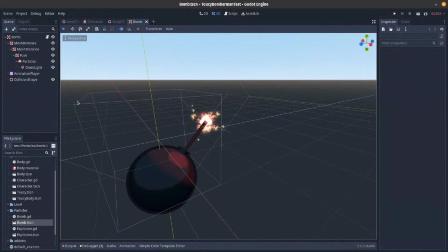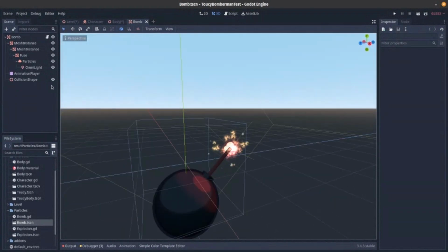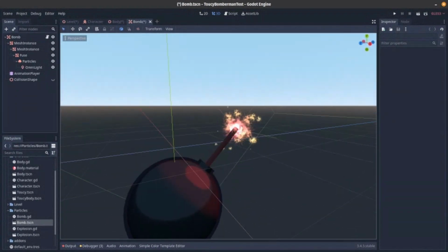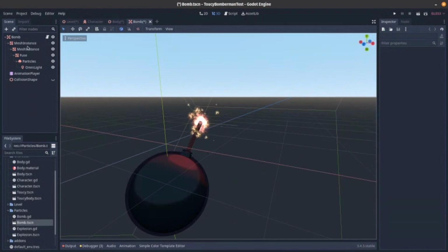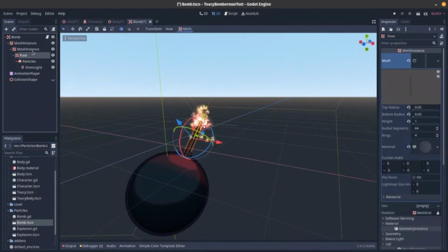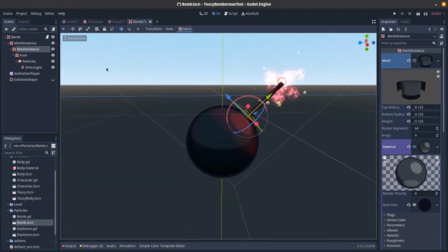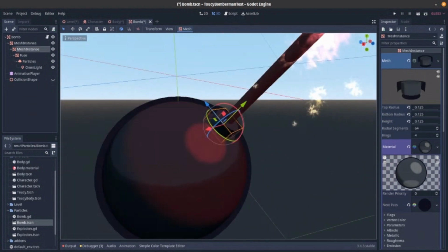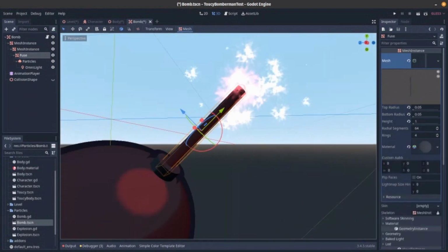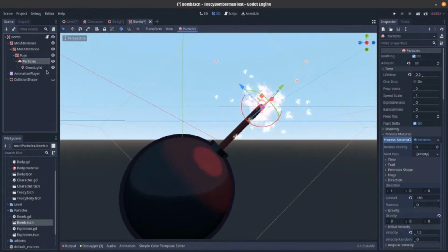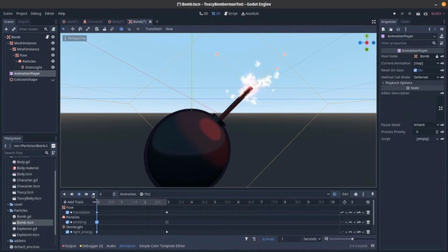Okay, so the collision shape is just a cube because that's all we need. And as you can see, I worked very hard in a modeling program. I didn't work in the modeling program. I made a sphere with a toon shader on it. And I made a cylinder with a toon shader on it. I made another cylinder with a toon shader on it. I put particles and omnilight, and then